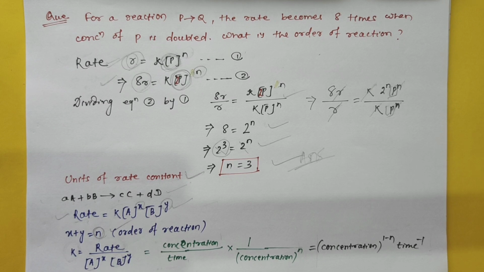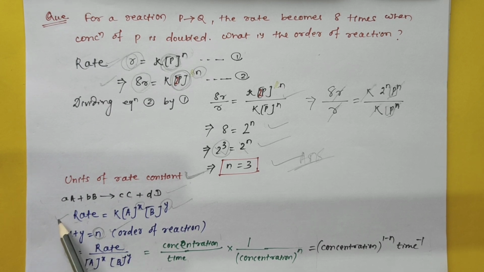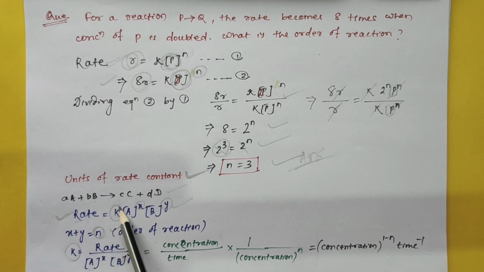Here if we add X plus Y, we will get order of the reaction, that is equal to n. Clear? Then right now we are going to determine the unit of rate constant, and previously we have also discussed the unit of rate constant depends on order of the chemical reaction. How? Just after a few minutes we will find out there. So you see here, K is equal to how much? So you see this equation, K will be how much?